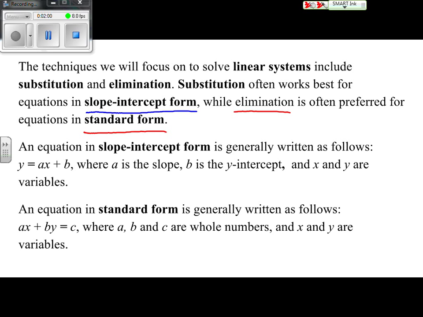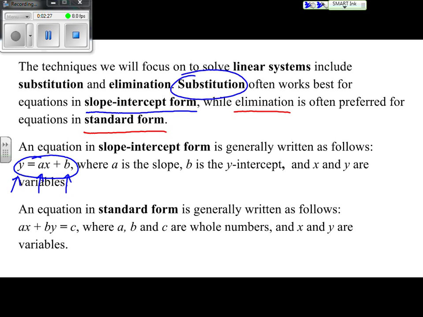An equation in slope-intercept form is generally written as the following: y equals ax plus b. We often hear that sometimes as y equals mx plus b because the a is our slope and the b is our y-intercept. What's great about this is we have one variable, the y, that's already by itself, and that's why it's so great for using with